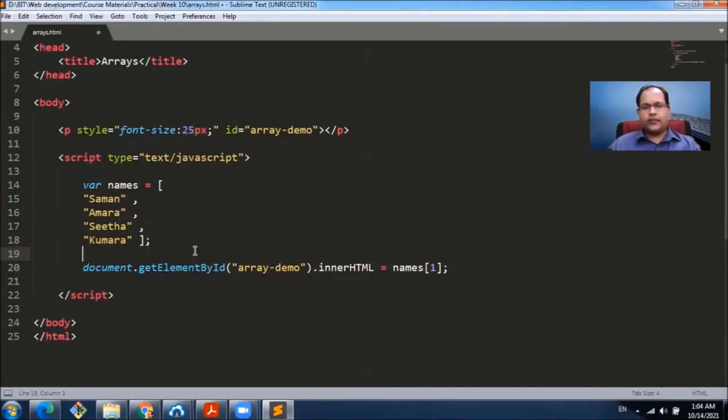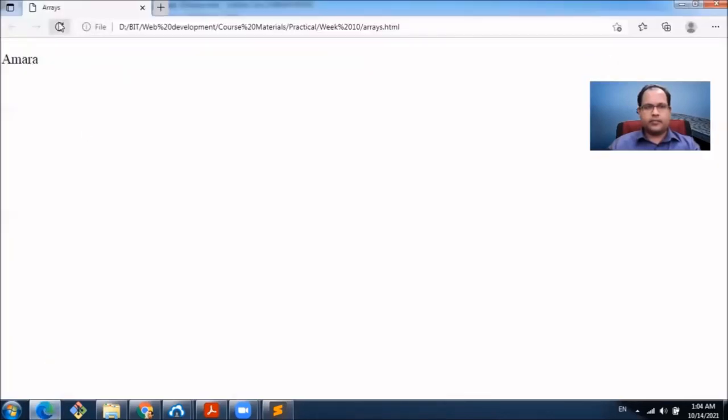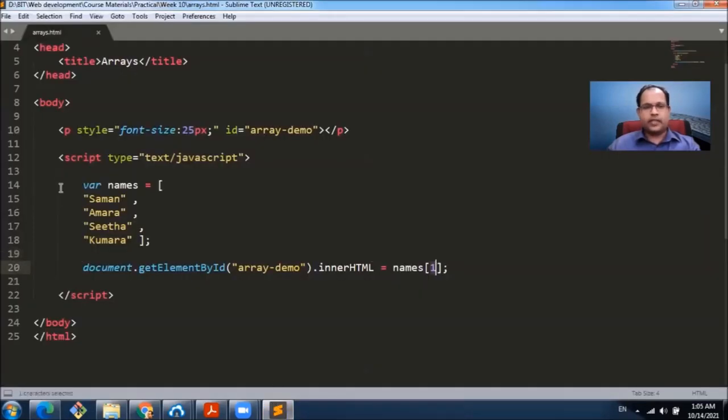So what if we want to change something inside this array? Now in this example, if we run the page again, we can see Amara. Amara is in the first index, right?